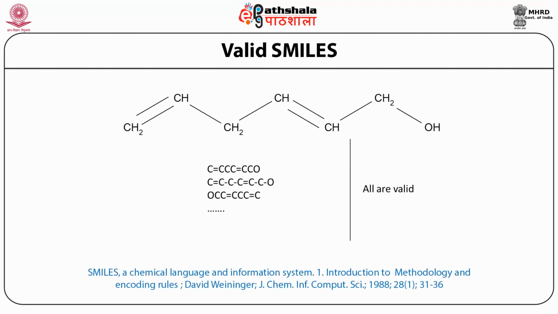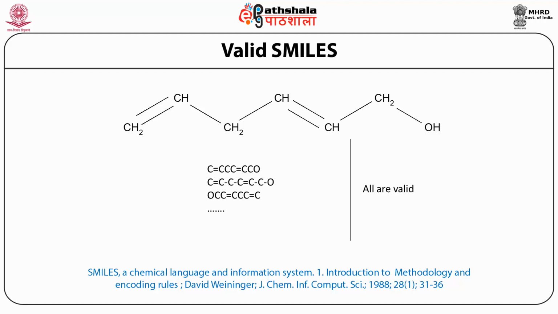This is something called valid notations. So, this is a structure and you can note them all three ways. All the three chemicals are shown, and the reference is shown on the bottom, and you can go through this and read them in detail as well on the web. So here is an example with three different ways of SMILES, and all three are allowed.